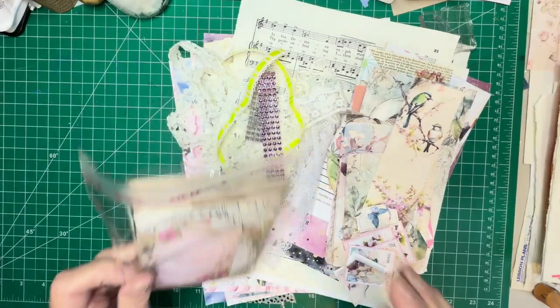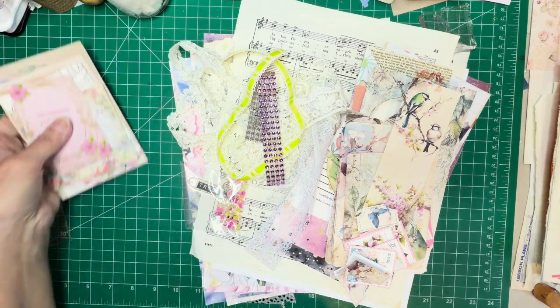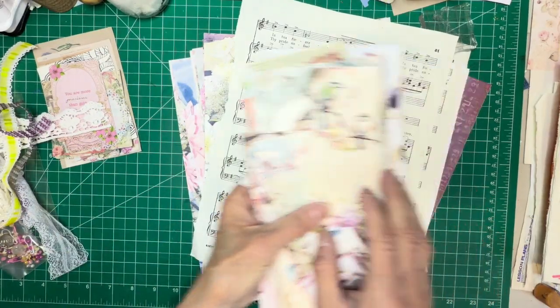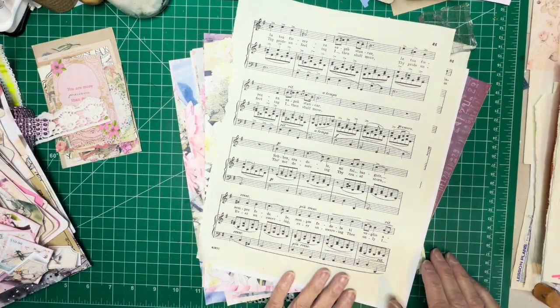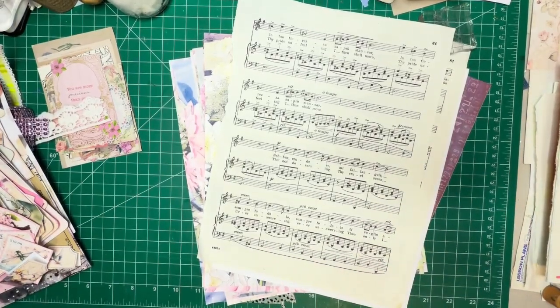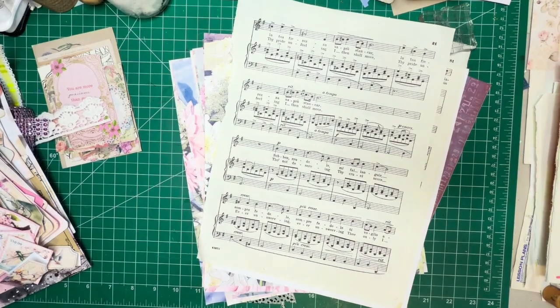I'm sorry about this glare. I'm going to take these out right now. Okay, I'm going to set those aside. I'm going to set all this stuff aside right now. I'm going to start with the basic pages, and sorry, I forgot a couple more papers I was going to put in here. Okay, so